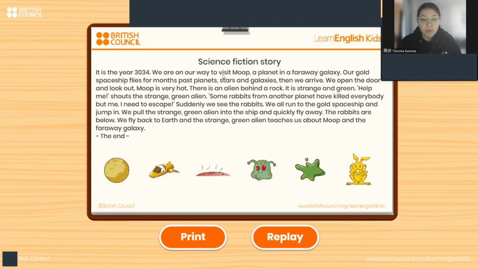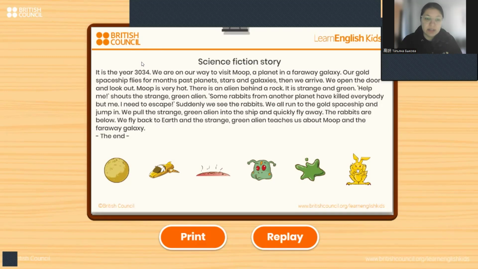We are on our way to visit Moop, the planet that you have chosen, a planet in a faraway galaxy. Our gold spaceship flies for months past planets, stars, and galaxies. Then we arrive. We open the door and look out. Moop is very hot. Yes, because you have chosen that. As you can see, every element that we have chosen, you can see in our story.